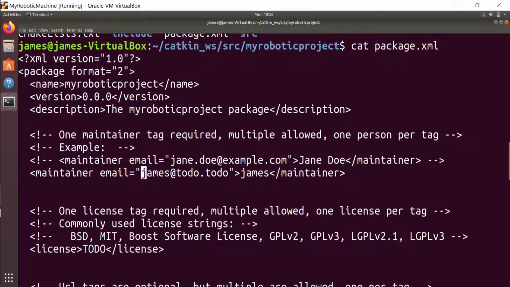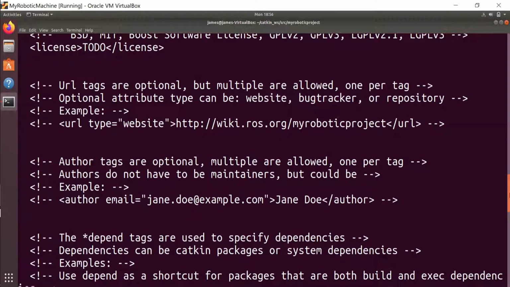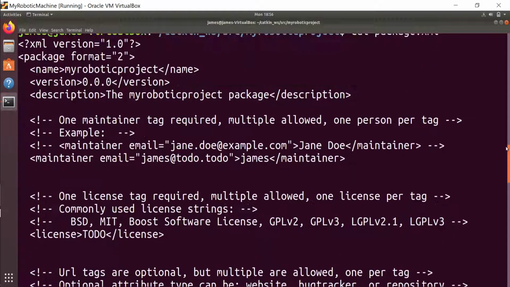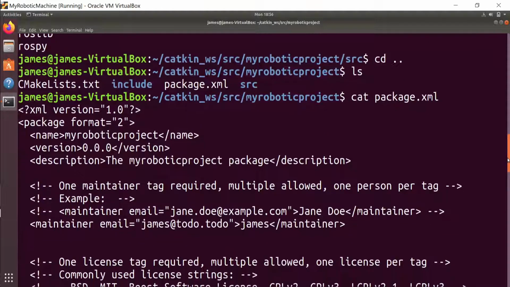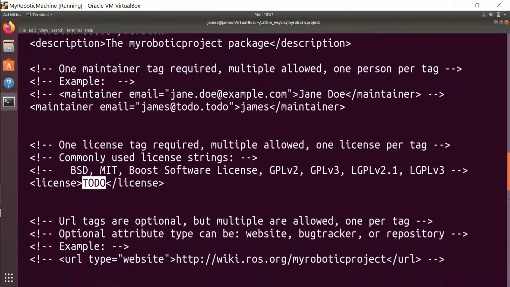So you can replace it with your email address because you are writing this code. Another thing is they need license information. So you can say license over here. It asks which license, BSD, MIT. We can go with BSD over here. We can change that over here if you want.